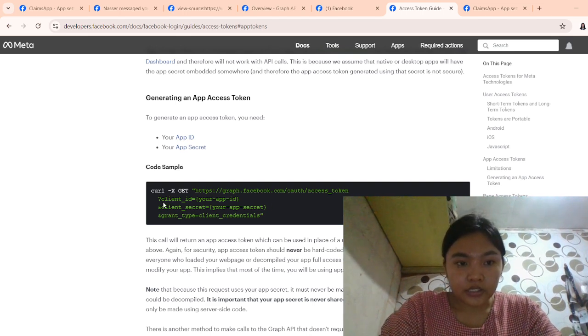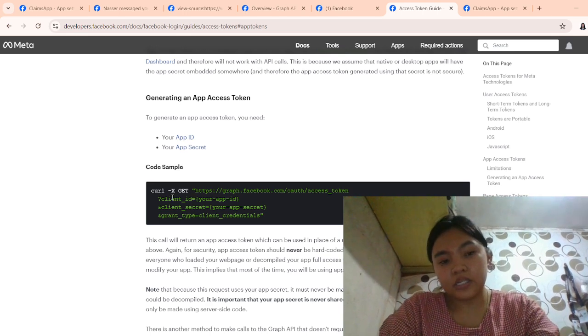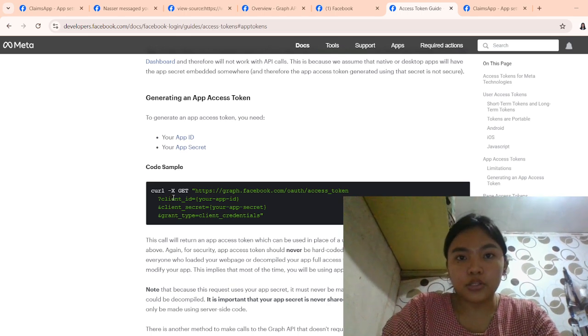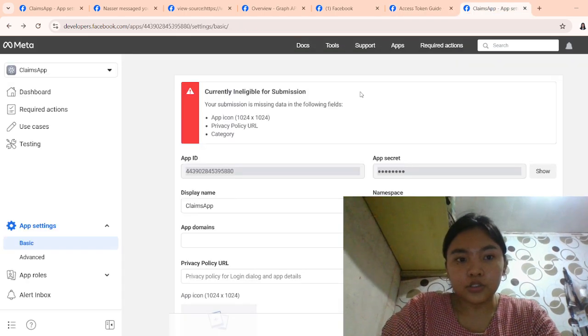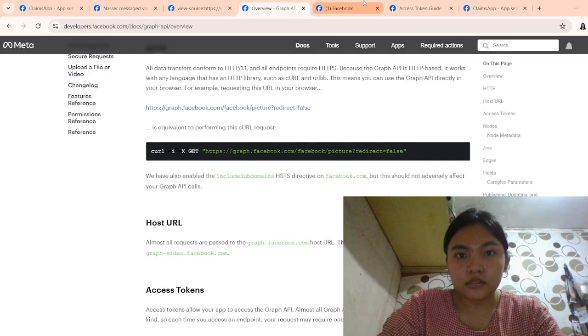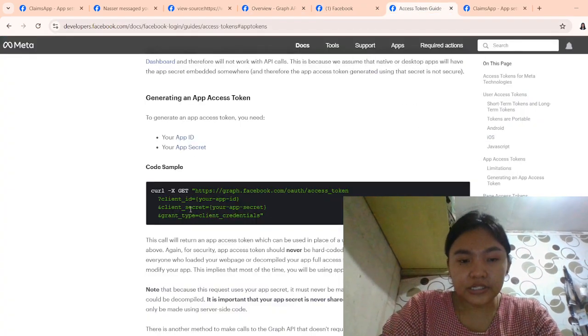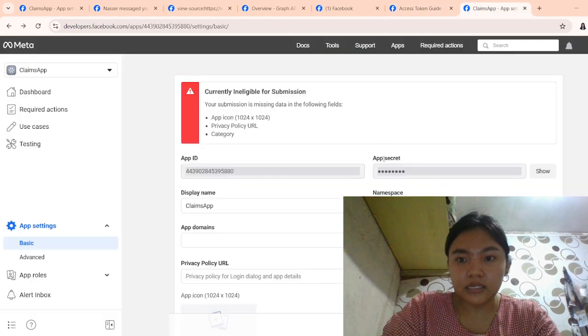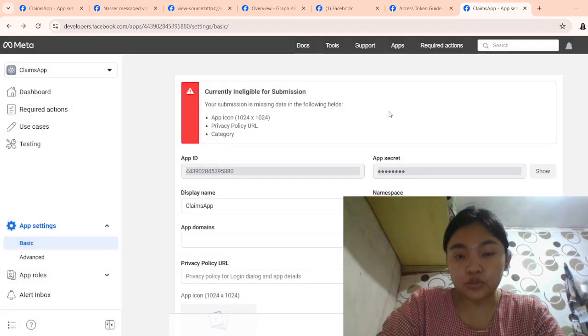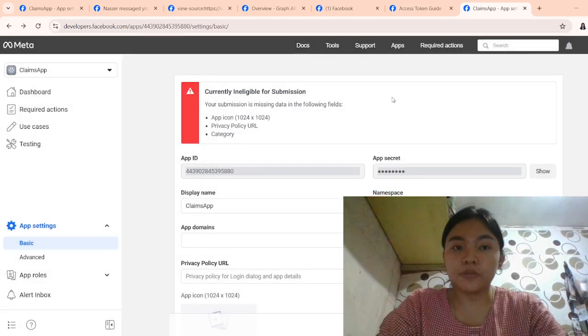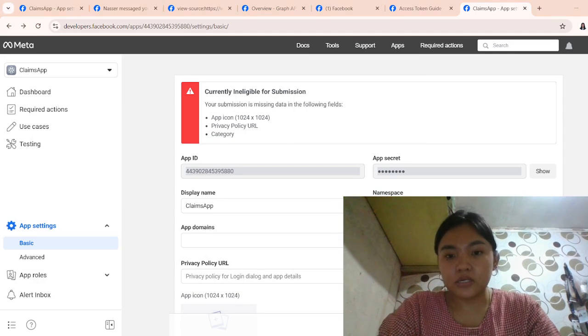Here is your client ID, which you get from your app ID in developers.facebook.com, and then your client secret is the app secret, which you need to show and copy, then paste it on your Postman. So the result will look like this.